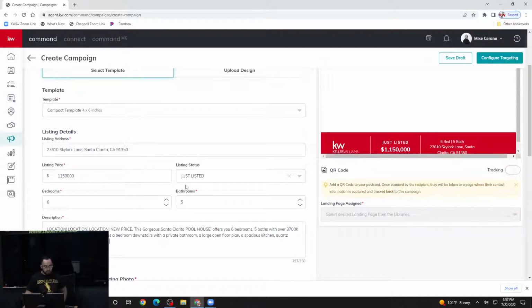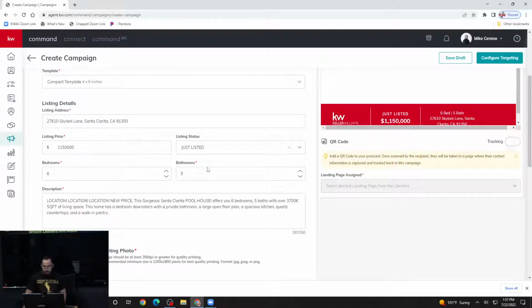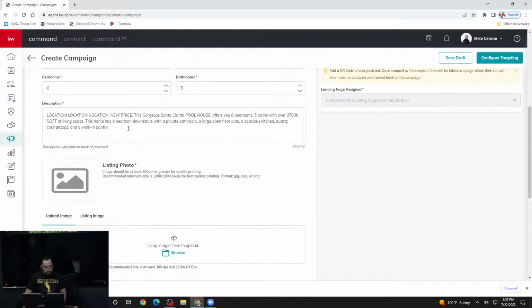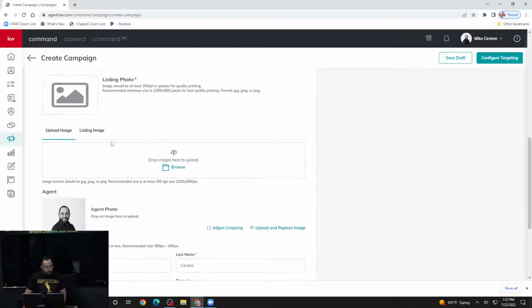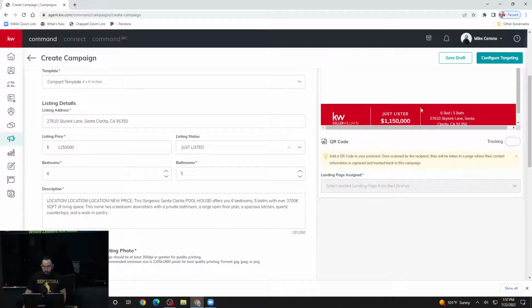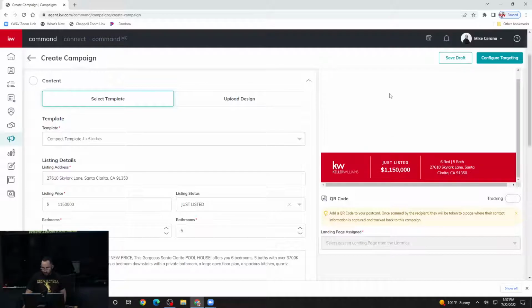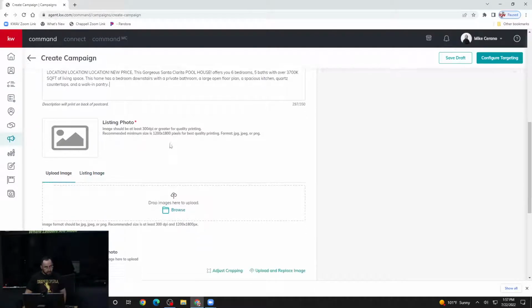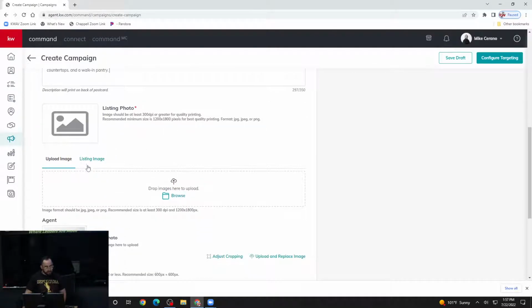So, just want to keep that in mind when it comes to this. So let's say that's the description. And then I do have to select the first photo here for the template. I can click on it, still within the same section here. I can either upload my own picture of this property to that